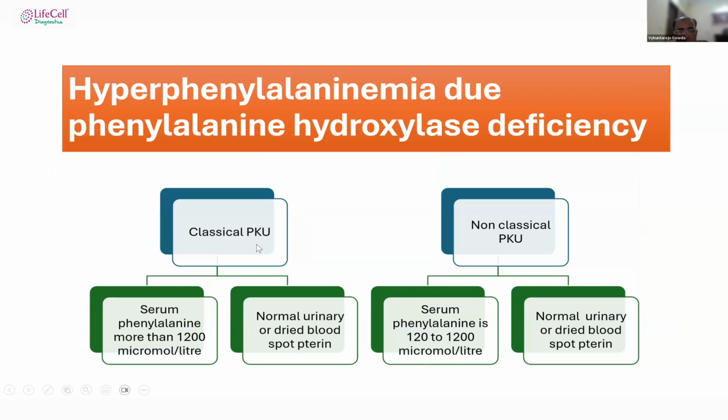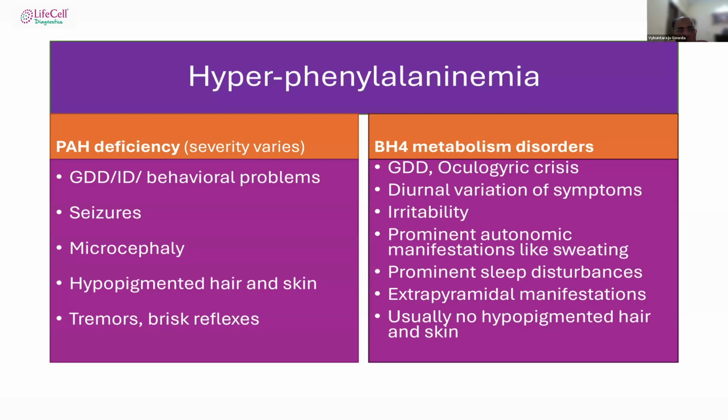PKU is very easy to diagnose because of classical features of microcephaly, hypopigmented hair, and serum phenylalanine will be more than 1200. But these features were not there. In non-classical features, the diagnosis is important, but the specific diagnosis takes time, and the management also differs based on various subcategories. So this is a table showing how to differentiate classical PKU versus